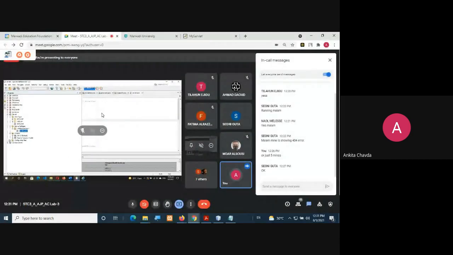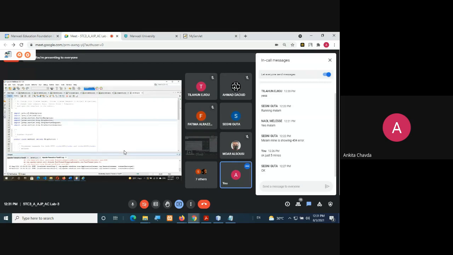Go to window, services. In the servers, check this Apache. You can restart it with a right click. If any problem is there related to Apache, okay.